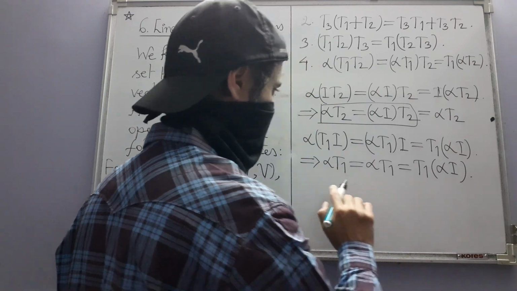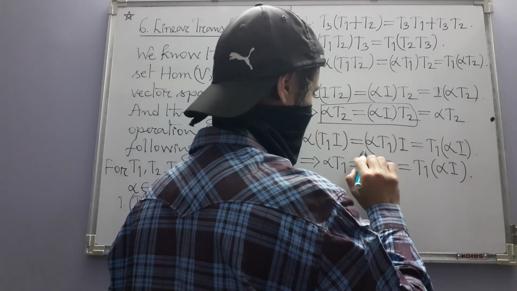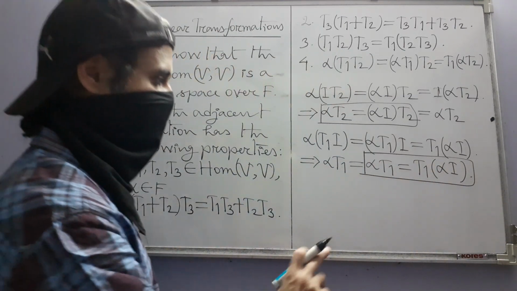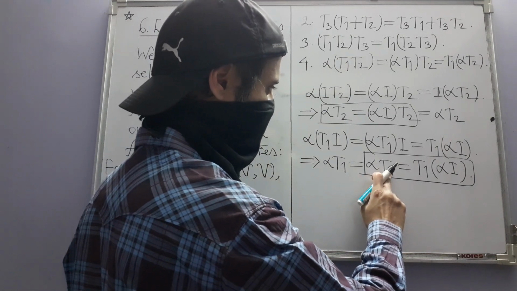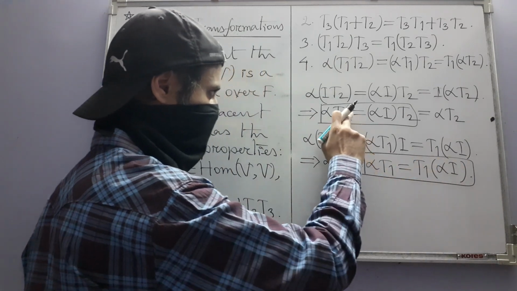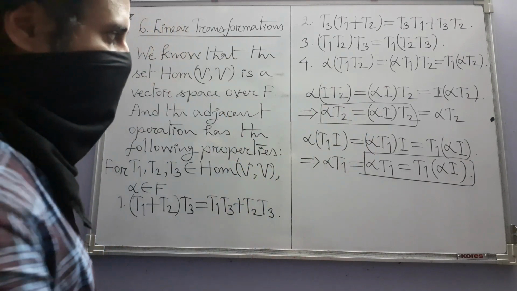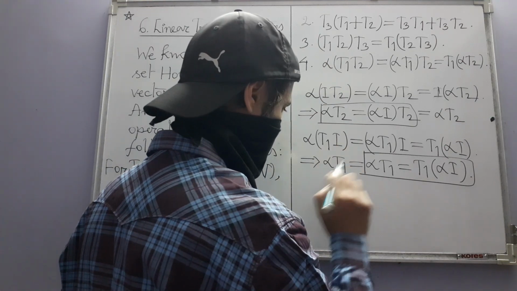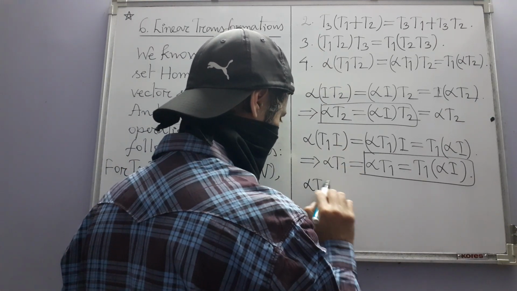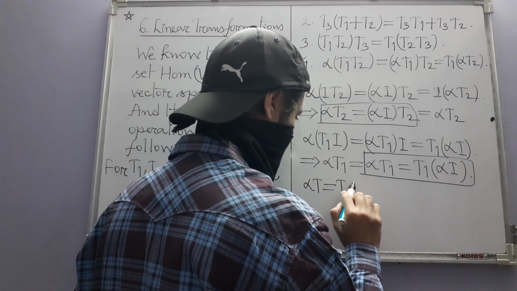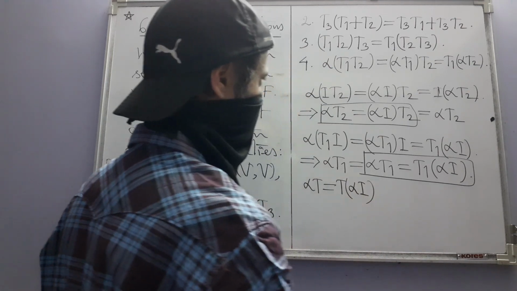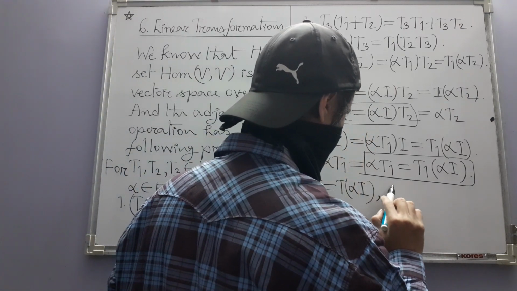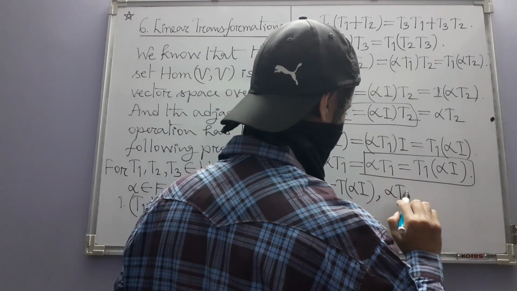Now you concentrate on this and you concentrate on this. These are general identities, right? No matter what T1 you have here, this is going to happen. Similarly, no matter what T2 you have here, this is going to happen. So if you just simply take T1 to be anything, suppose some T, then you have alpha T equal to T alpha I. And similarly, here also you have alpha T equal to